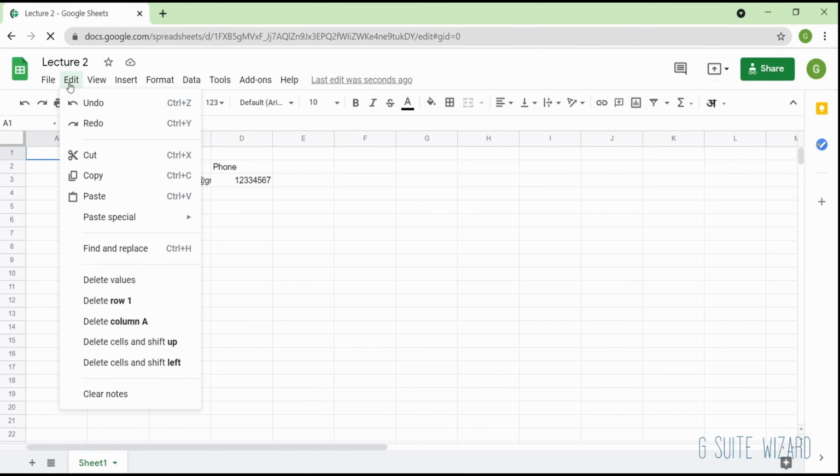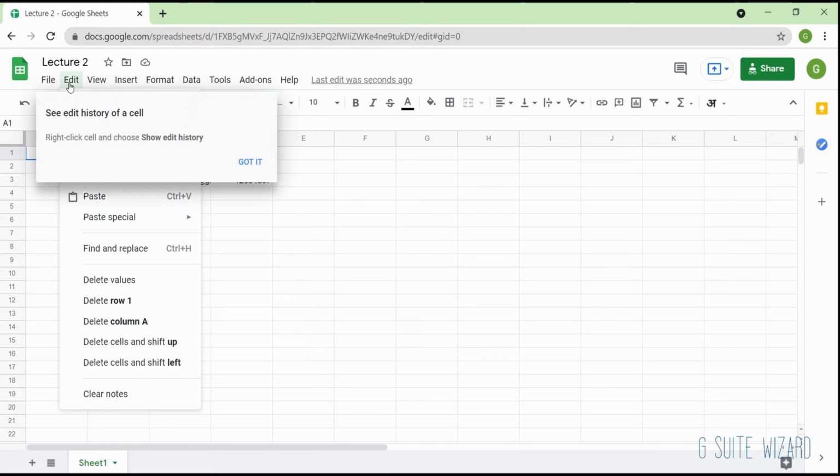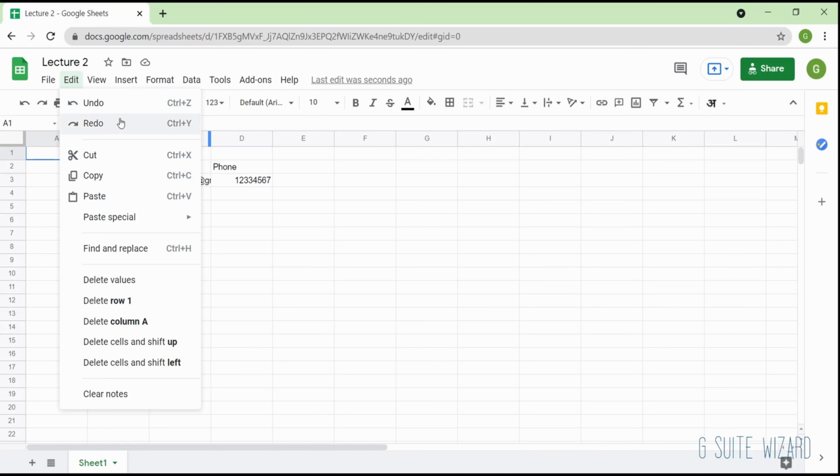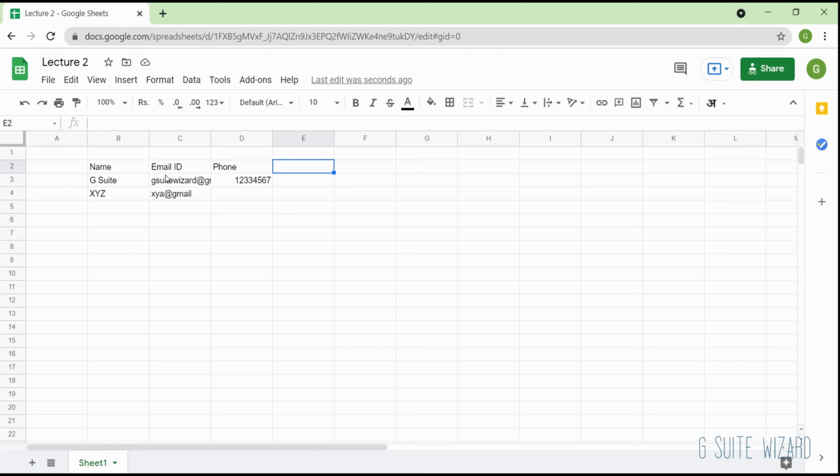Then let's go to edit. There's a lot of edit options that we can do with Sheets. There's undo, cut. These are all basic functionalities. There's a find and replace. So let's say there is huge data, let's say 1,000 rows and 20 columns, and you cannot check each and every cell in such cases, because 20 columns and 1,000 rows becomes 20,000 cells, and you cannot keep searching for each cell, right?